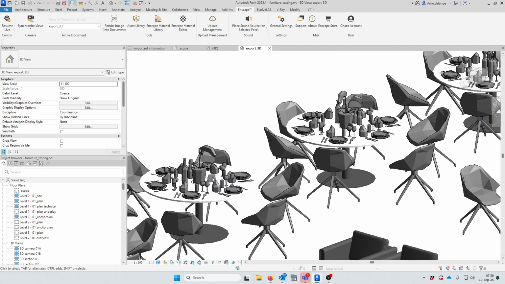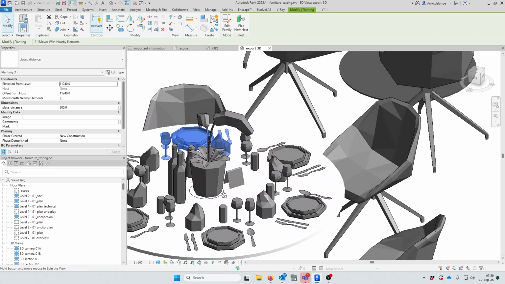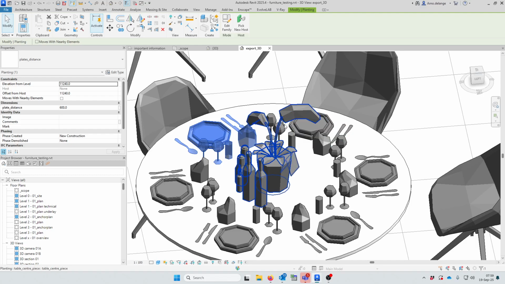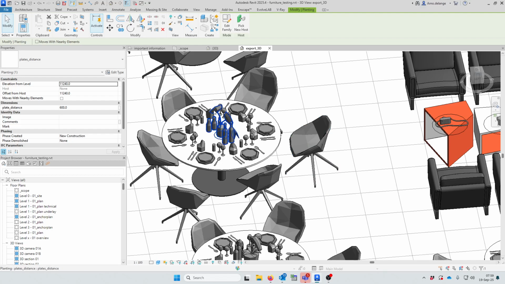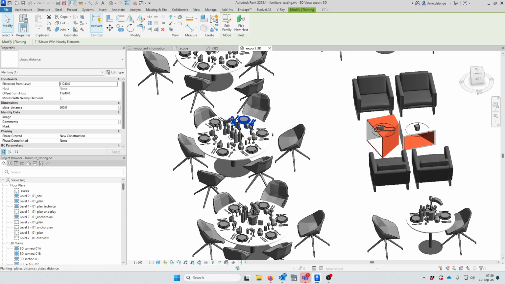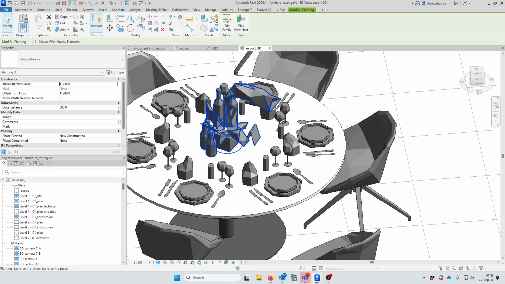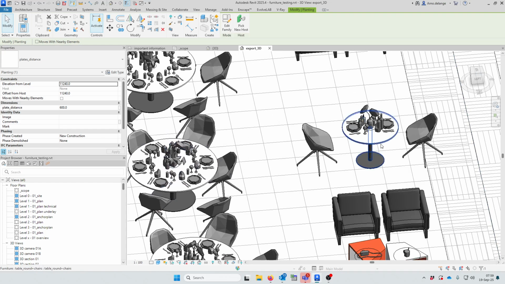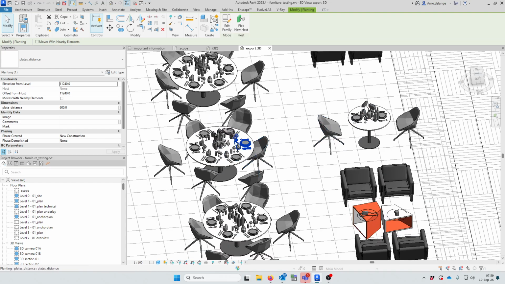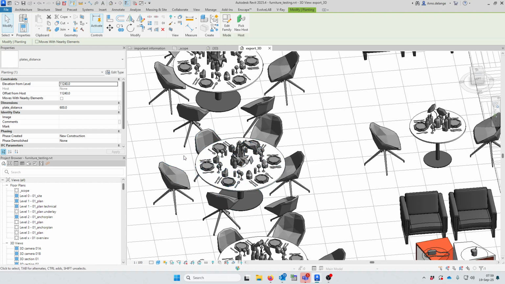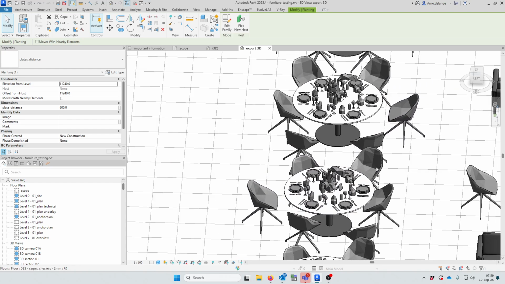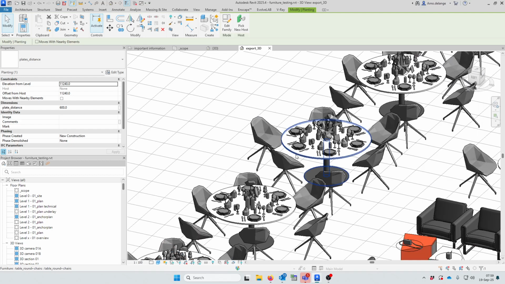So as you can see, we now have a fully decked table. This one got this plant in the centerpiece, and that one is rotated. This was a different plant. So all the centerpieces are just a little bit different from the other ones. As you can see, here we only placed two chairs, and here are more chairs, and this one is a little bit further away than the other one. So if we